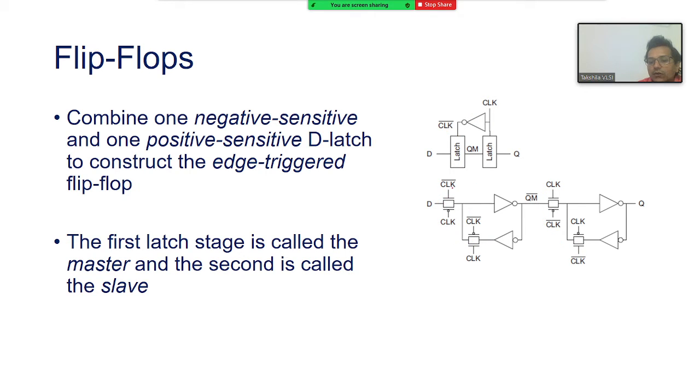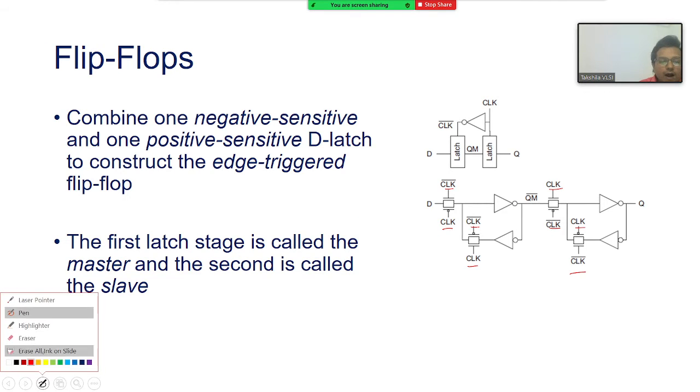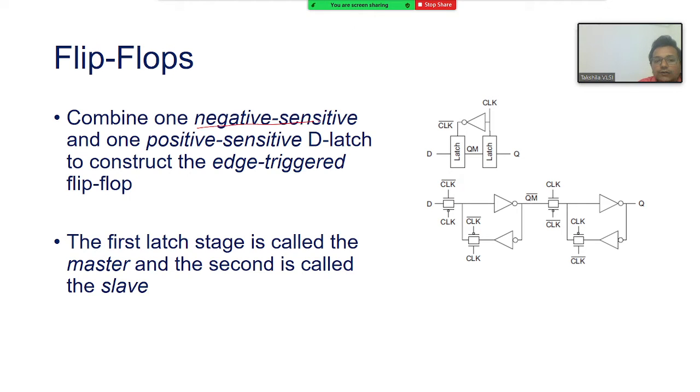Now how is the control? Clock and clock bar, same fashion, but here the reverse polarity. So remember, based on how you connect the clock and its complementary to the pass gates, the circuit will respond accordingly. So what I am doing here, I have combined one negative sensitive and one positive sensitive